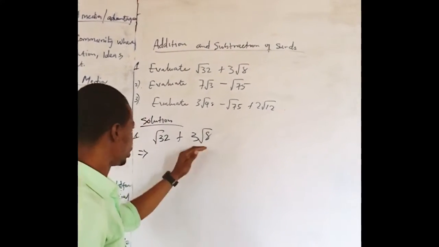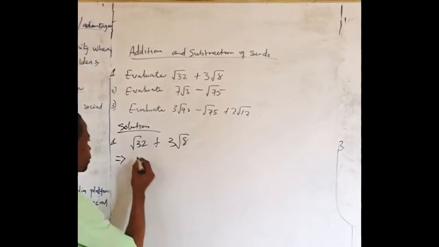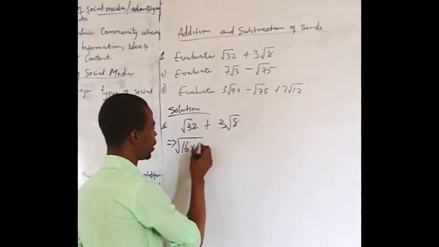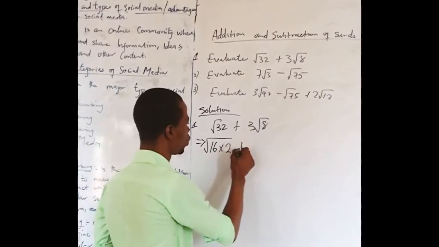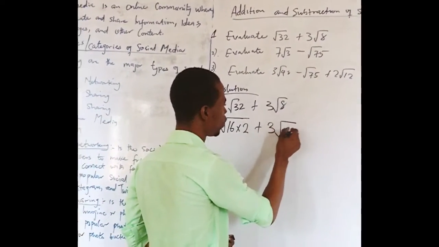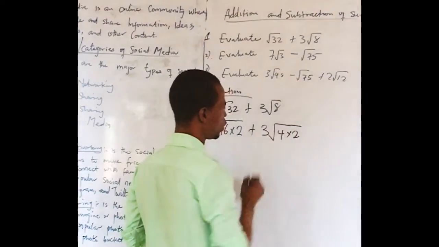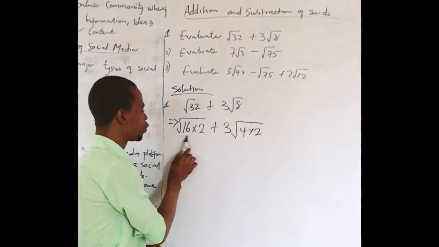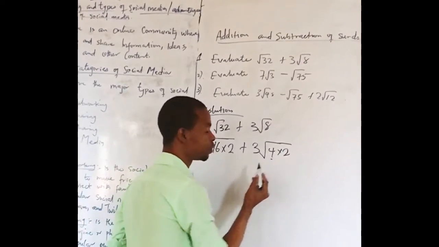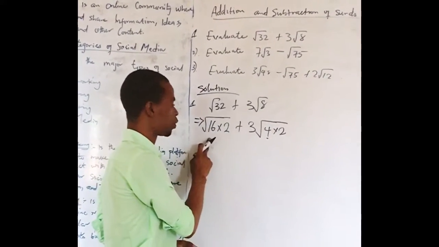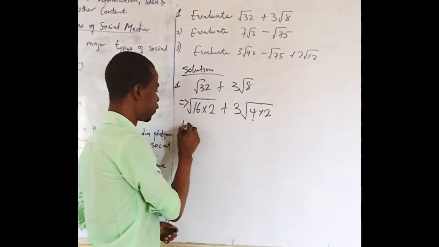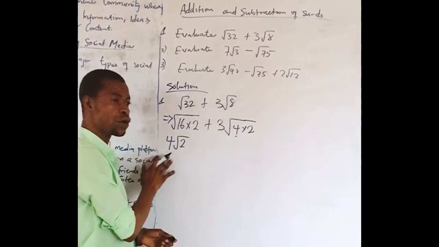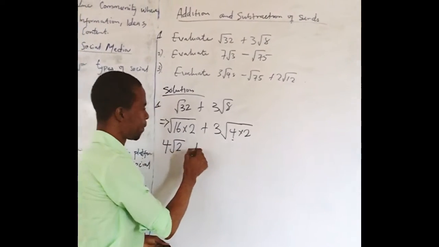8. Do you understand? So I'm going to say root of 16 multiplied by 2 will give me 32, plus 3 into root of 4 times 2, which also will give me 8. Alright? So therefore, there is a square root for 16 and there is a square root for 4. So I'm going to find the square root of 16. Square root of 16 is 4. This 2 does not have a square root, so I'm going to leave it like this: 4 root 2 plus